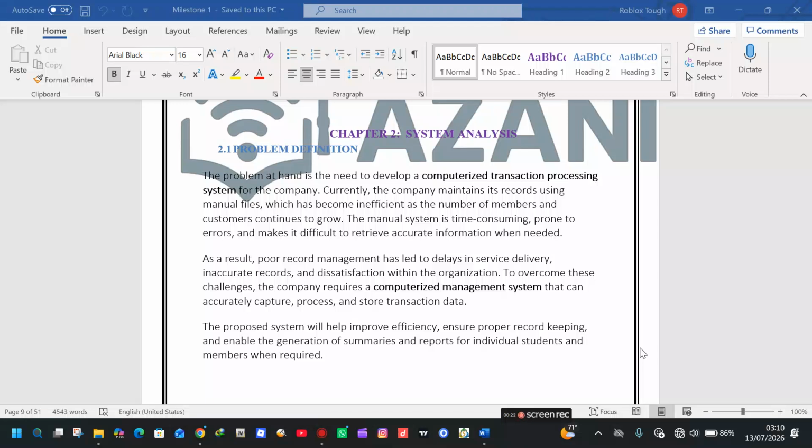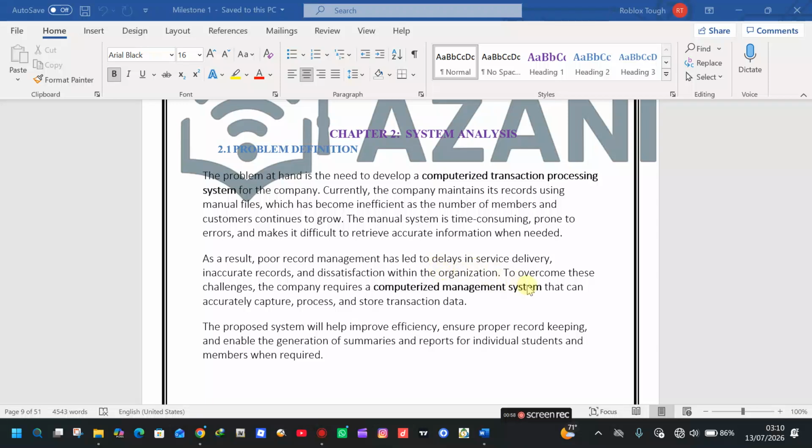So what is the problem with our current system? The problem is the need to develop a computerized transaction processing system for the company. Currently, the company maintains its records using manual files, which has become inefficient as the number of members and customers continue to grow. The manual system is time-consuming, it is prone to errors, and makes it difficult to retrieve accurate information when needed. As a result, poor record management has led to delays in service delivery, inaccurate records, and dissatisfaction